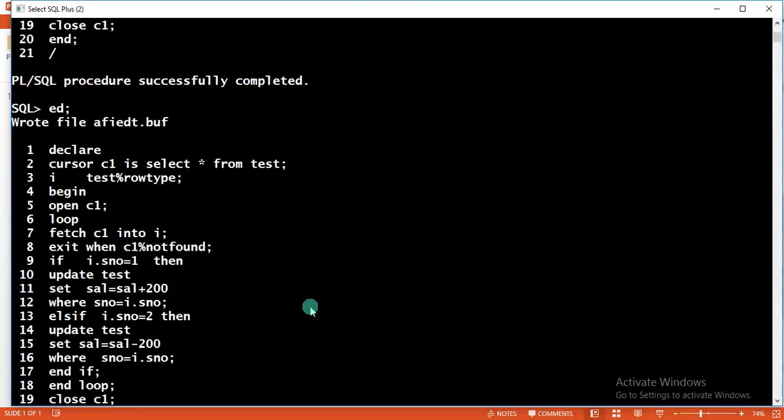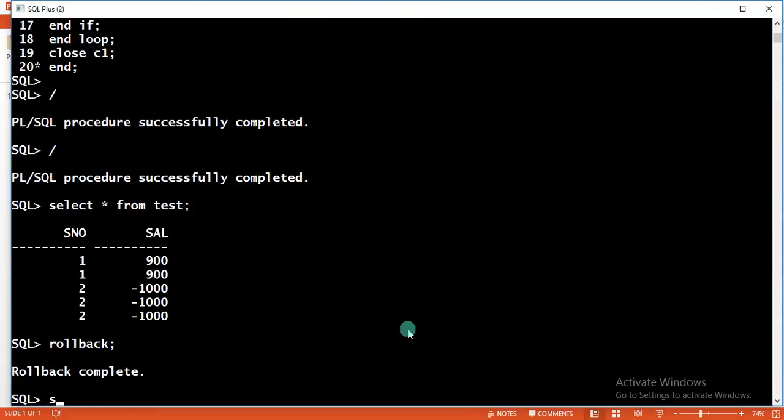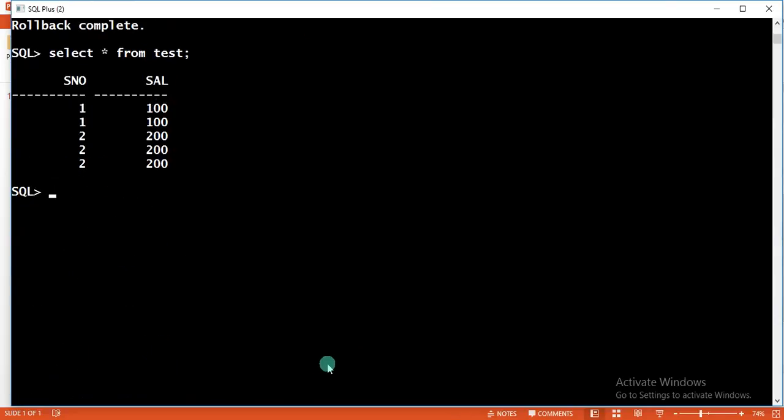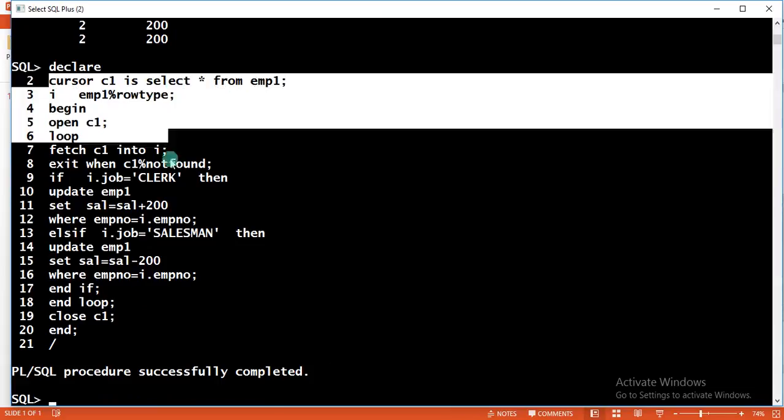go to our tool, and paste it here. Now executing this, now our program will be executed.